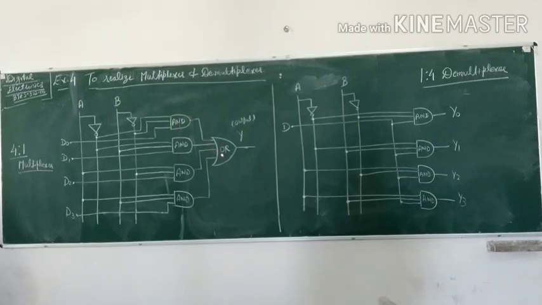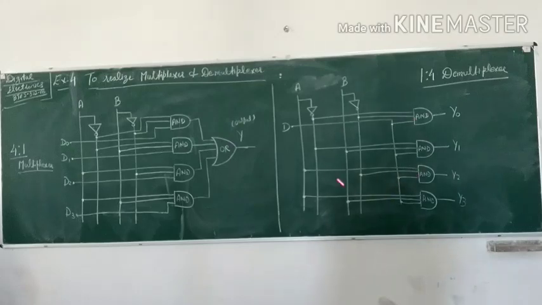So a signal will be generated and this signal will be ORed here, and we will get the output that the D0 signal is being generated. All these inputs will be given over a single output channel only. The results of all the inputs will be given over a single output channel.